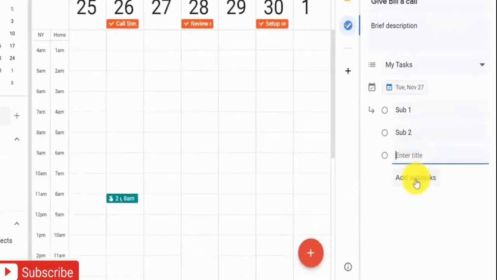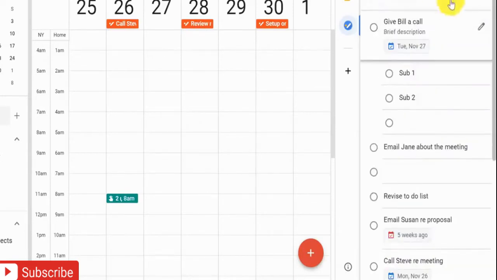Now, the other nice thing here is that you can keep going on if you want to have more and more subtasks. But let me show you how this looks on the previous screen. So now that I'm done adding some further details, I'm going back here. So here you can see the brief description. It's nice and visible. We have the due date here, which is also pretty visible,